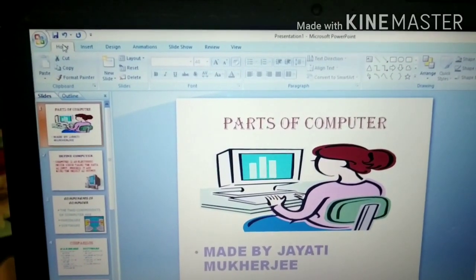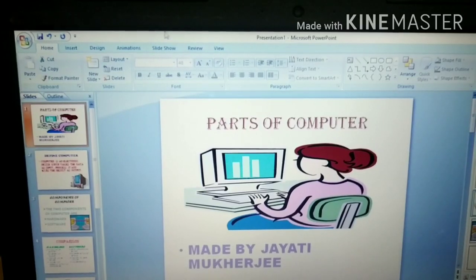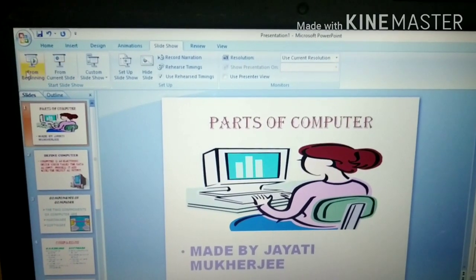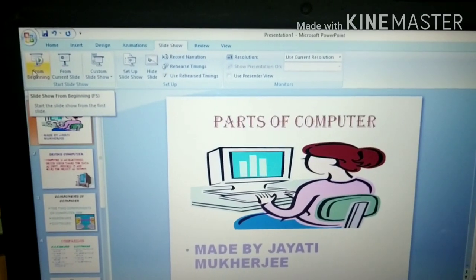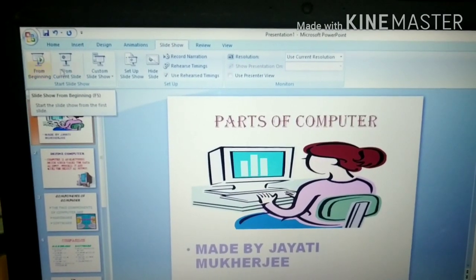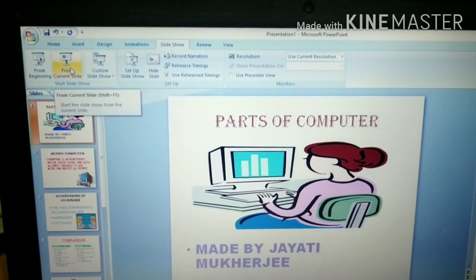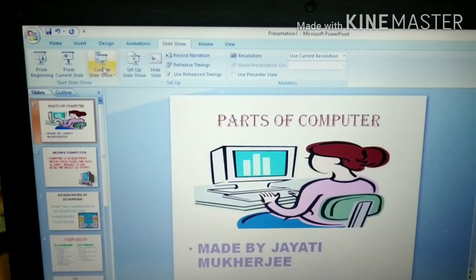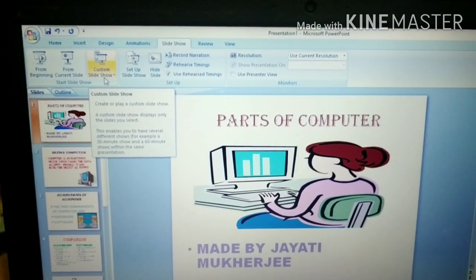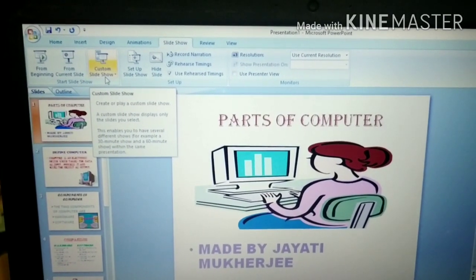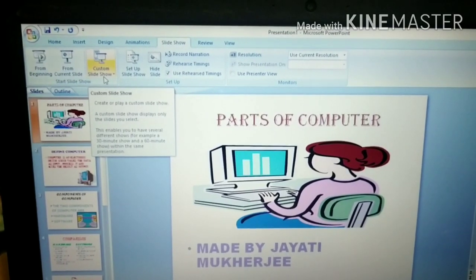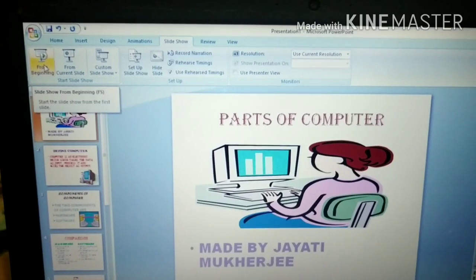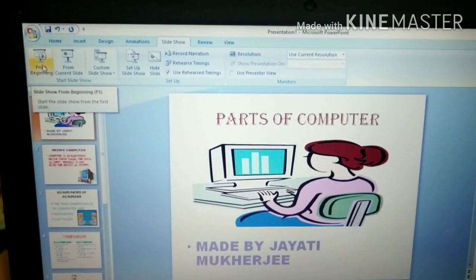When we click on this slideshow tab, here you can see three options. From beginning means it shows the slides from the first slide. From current slide shows the slideshow from the current slide on which we are working. And third is custom slideshow, which shows only the selected slides, that means the slides which we have selected for slideshow. So let's begin from beginning. Okay, start.